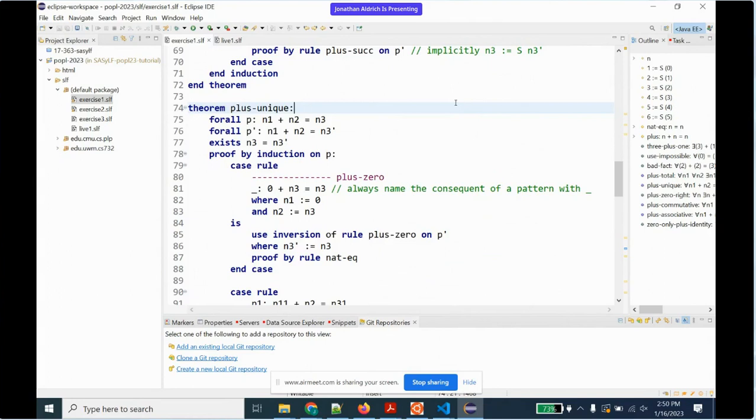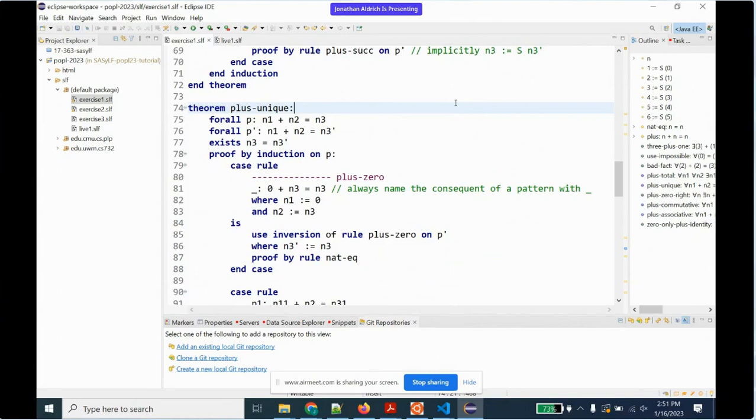From a pedagogical point of view, we added this to SASyLF to normally complain if you don't do that. It doesn't give a warning, it doesn't give an error, but it wants you to be very clear that you mean that N1 is actually 0 here. But by virtue of doing this case analysis, we know that N1 is 0 and N2 is the same thing as N3. So at this point, P prime is 0 plus N3 equals N3